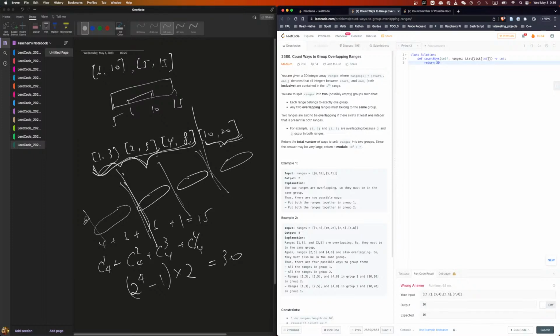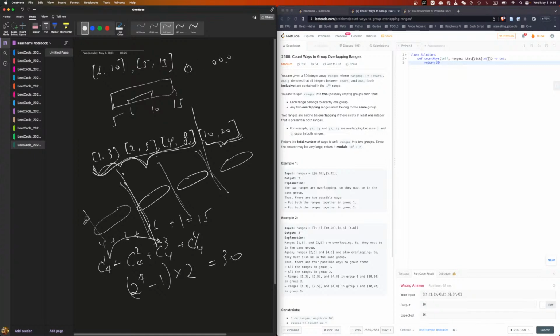Oh, these choose 3. Oh, shoot. That's choose 3. These two are the same. Not really the same. These two, so I should not double. Yeah, because if you choose 1 and choose all these 3, it's the same as you choose all these 3 and you choose 1, right? Okay, so